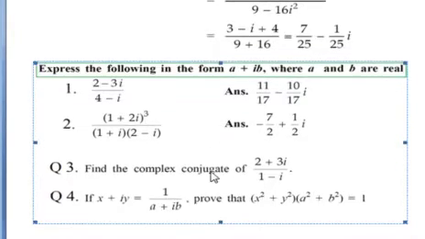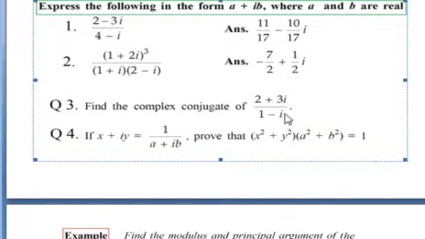It is your homework. Similarly, find the complex conjugate of this. How do you find the complex conjugate of this? At first, you have to simplify this number. Suppose this result is, for example, 3 plus 4i, and that conjugate term should be 3 minus 4i. That is, you have to find the real and imaginary part of this number, and then the complex conjugate: if it is a plus ib, then the conjugate will be a minus ib. That is the answer. And this is a relation: if x plus iy equals this, prove that this is 0.